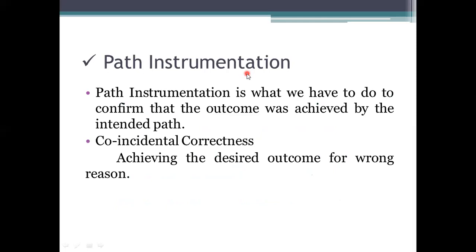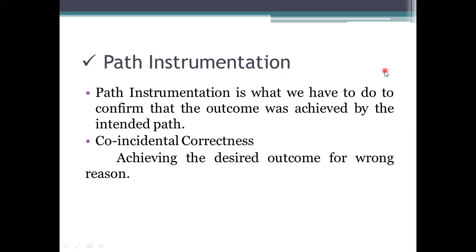Coming to the next one, path instrumentation. In path sensitization, we have a set of solutions, and to reach a path predicate we are allowed to take multiple paths. We need to check whether the multiple paths chosen reach some point through the correct way or not. If not, the outcome has not come from the intended path, and there we need to stop the processing.